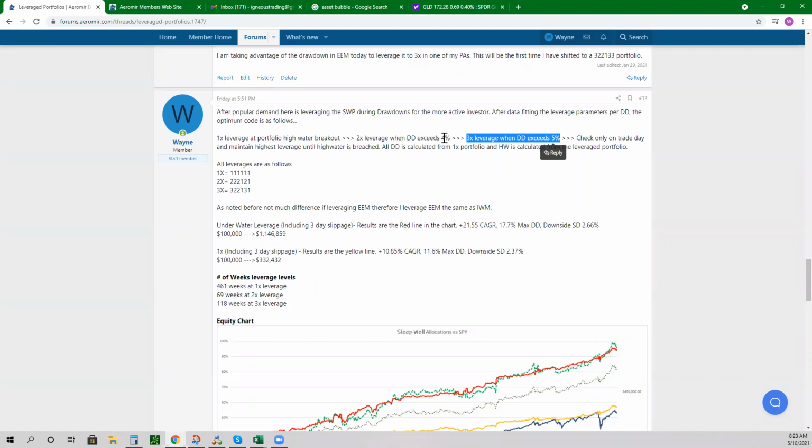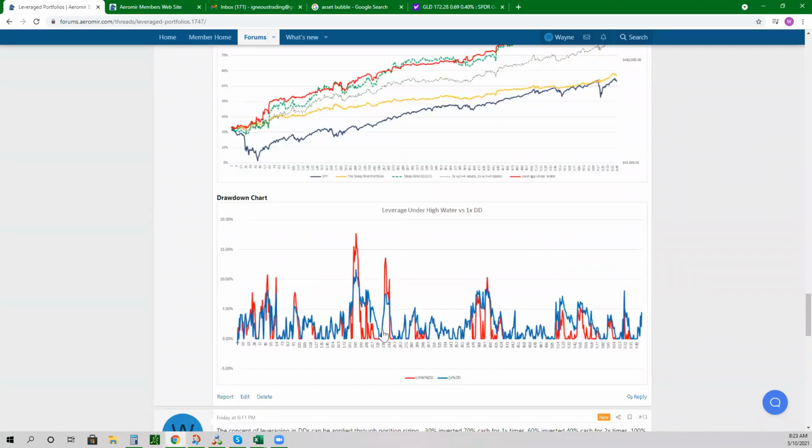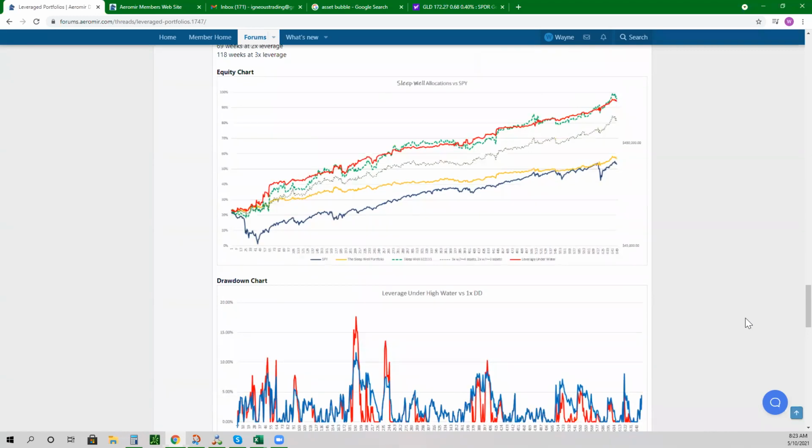So there's not a huge window of 2x, and then you go up to a 3x at 5. And then you pretty much ride it at the highest leverage until you get back to high water. And that's what helps these drawdowns. You can see how fast these drawdowns happen, and then they hit high waters when they get down to 0 right here. So that's how fast they get recovered versus the 1x back here in blue. You can very quickly get to high water because it's leveraged. And as soon as the portfolio comes up at all, it is a mean reversion type trade, but it's mean reversion to the downside instead of the upside.